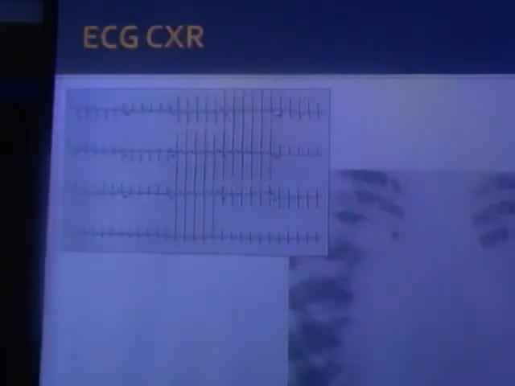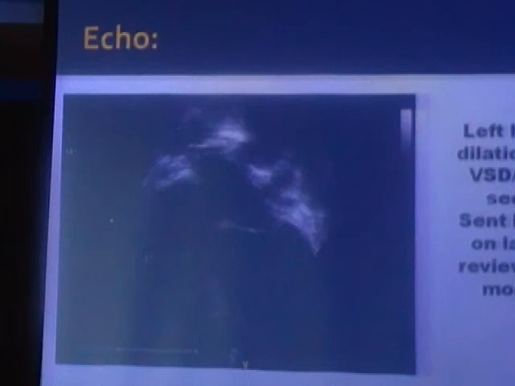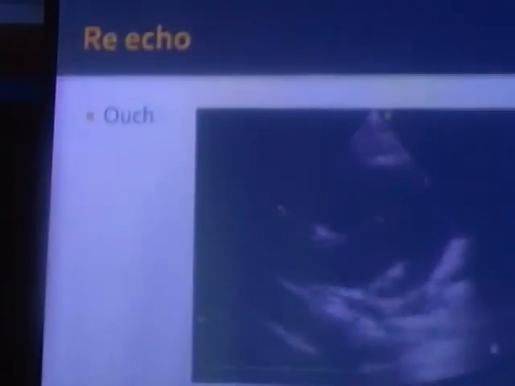So this patient is sent for ECG, shows biventricular hypertrophy, X-ray shows cardiomegaly and plethora. So you're thinking, okay, this is right. Patient's got a large shunt. Goes to the echo, to the cardiologist, they do an echo, they show that the left atrium and left ventricle are dilated, but they say no VSD seen, no PDA seen. And the patient is sent home on Lasix, has to come back in 1 month. Lo and behold, it's an aortopulmonary window.